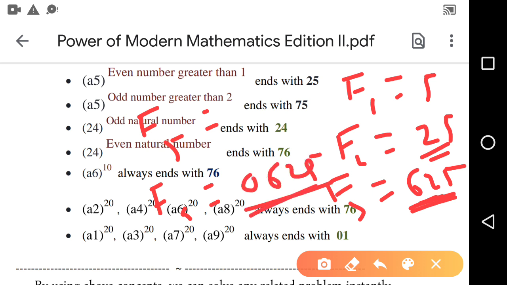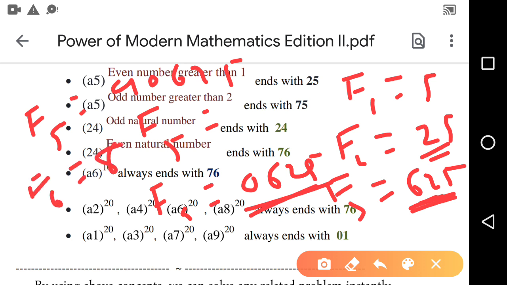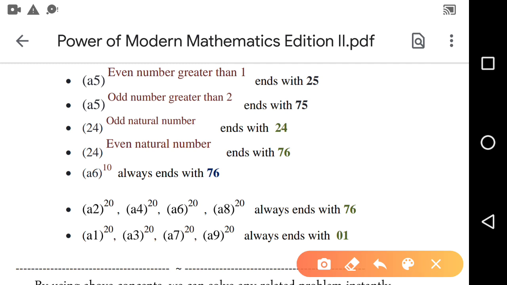Keep it as it is, and F5 similarly prints 90625, and F6 is 890625. In this manner we can calculate. And there, any odd number ending with 1, 3, 7, 9, if we raise it to